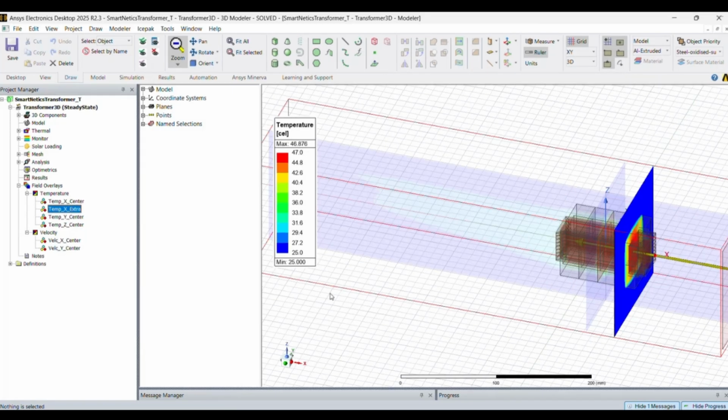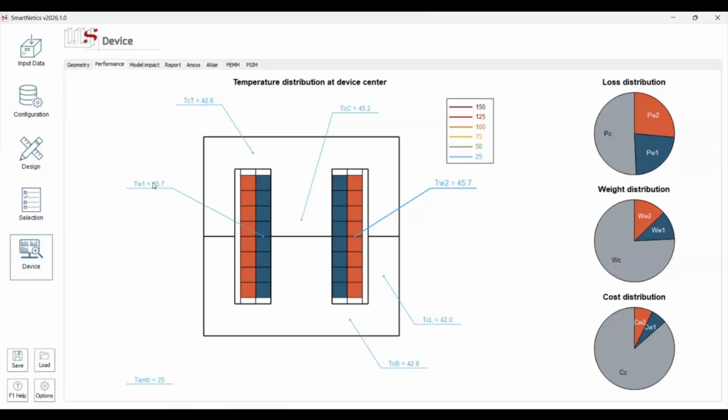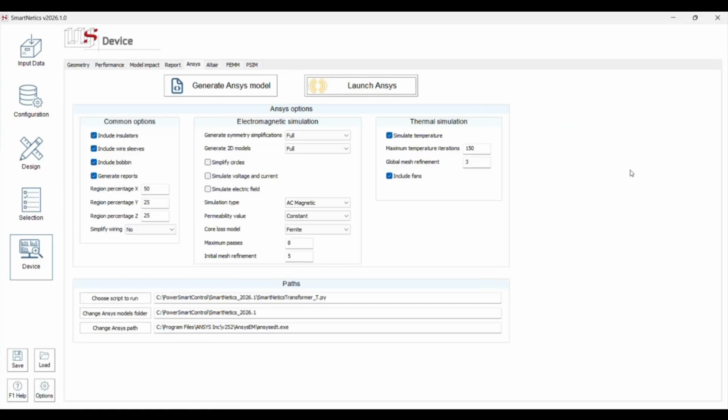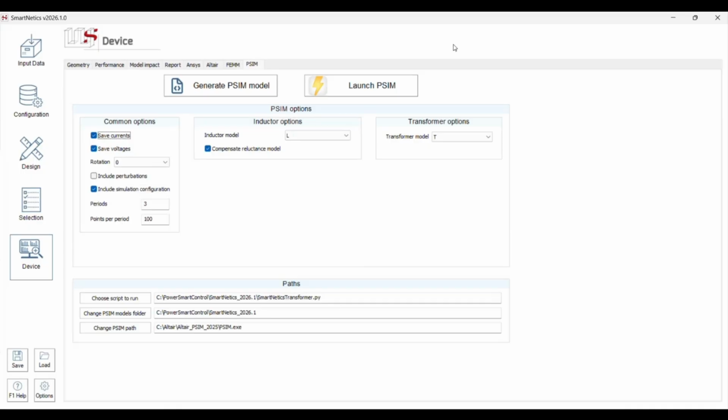And then the last thing we can provide, which is also new in this release, is we have already exported to PEM for an electromagnetic validation of our design, to ANSYS IcePack in this case for a thermal validation of our design. The other thing we can do is export to PSIM for a circuit validation of our design.